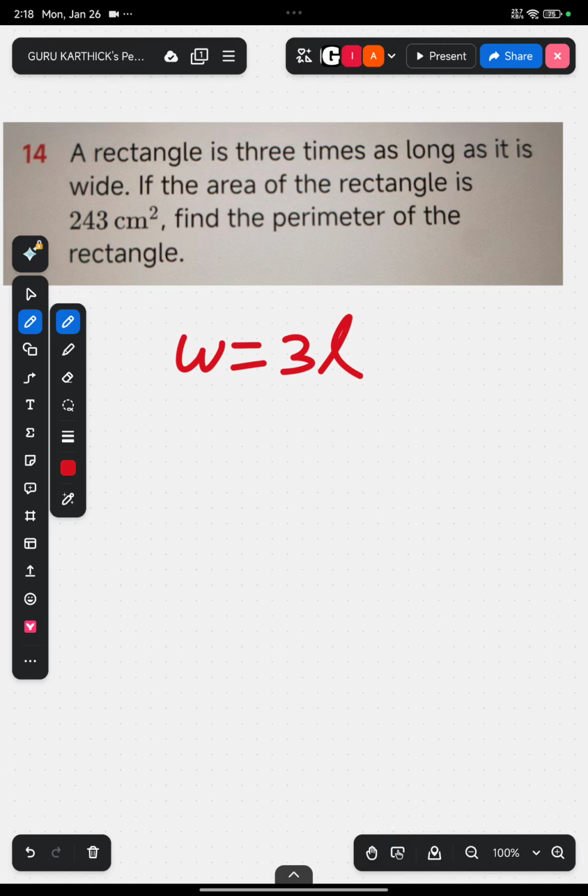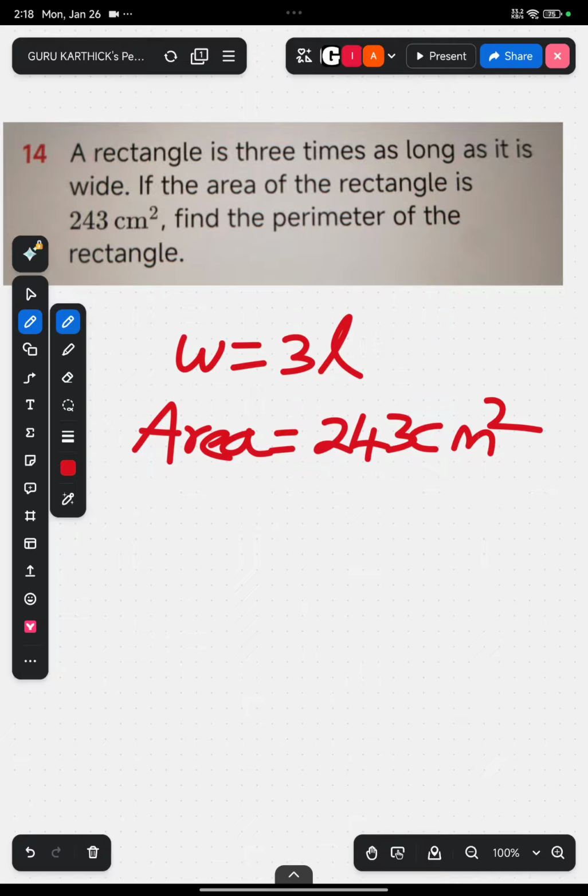If the area of the rectangle is 243 centimeter square, area நமக்கு கொடுத்துட்டாங்க, area எழுதிக்கிறேன். Area is equal to 243 centimeter square இருக்கு. Find the perimeter of the rectangle. ரொம்ப ஈஸியான sum தான், but we don't exactly have the required data. What is the area formula for a rectangle? Area formula of the rectangle is